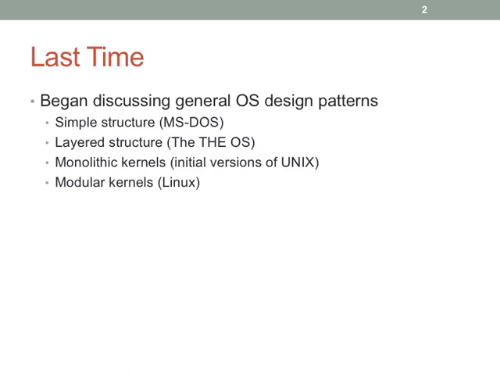Okay, so these were the design patterns we discussed already. So simple structure, aka not really structured. Layered structure, monolithic, and modular. Modular is kind of what we have today. Especially Linux is a really great example of a modular kernel. And you may be familiar with the back and forth that happened between Linus Torvalds and I think Andy is his first name, Tannenbaum, about monolithic versus microkernel architectures. The big appeal of monolithic is it's fast because everything's inside the kernel you can access. And the downside, fragile, it can explode easily.